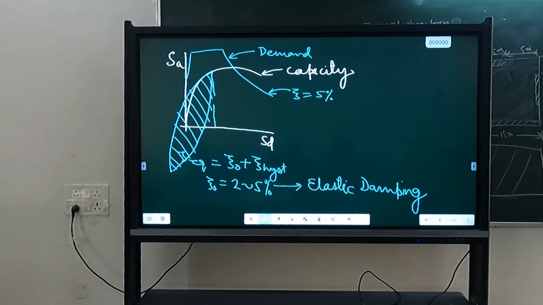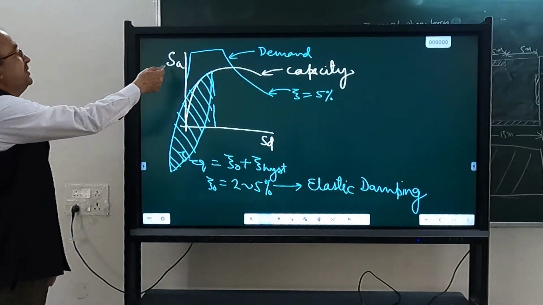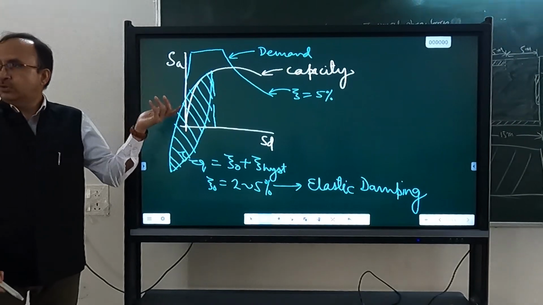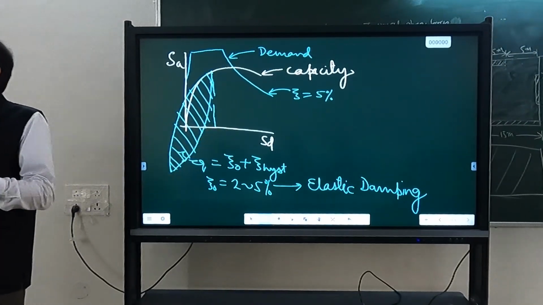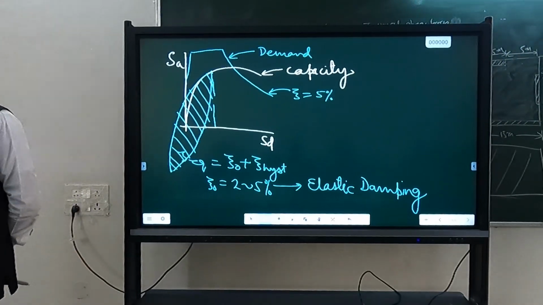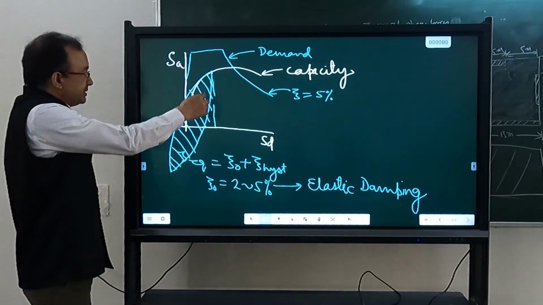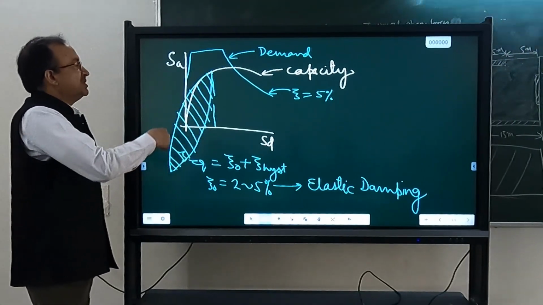It will be between the load versus displacement. The energy which is dissipated, we can evaluate it in terms of load versus displacement. Yes, that's what we have done. This SA versus SD, because SA is some factor times load and SD is some factor times displacement, so this is also representing load versus displacement, and the energy dissipated in each cycle is equal to the area of the hysteretic loop in